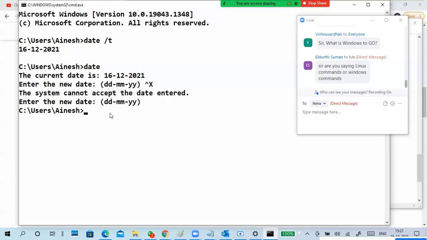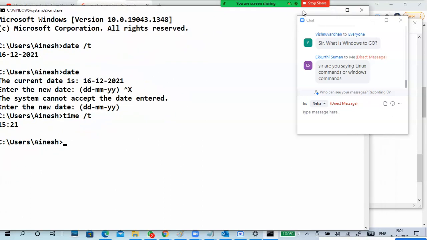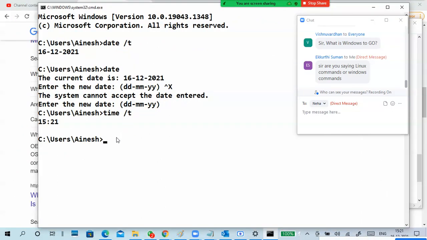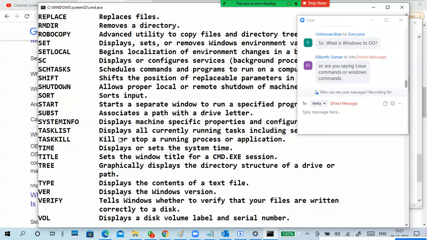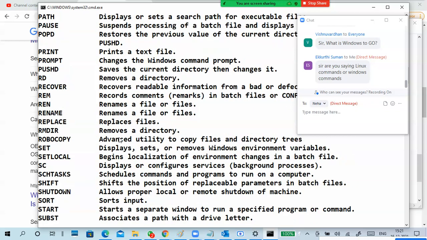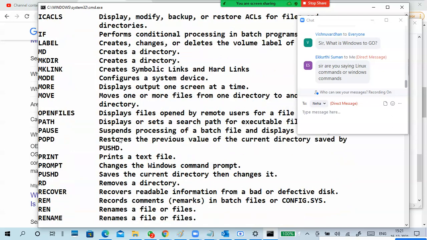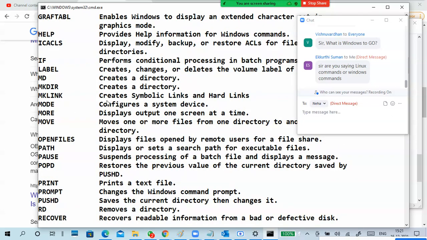I'm telling you Windows commands. This is for time, this is how you can look at the time. And what you do, open a CMD, type help, just enter. You'll get a lot of commands here, so you can try.